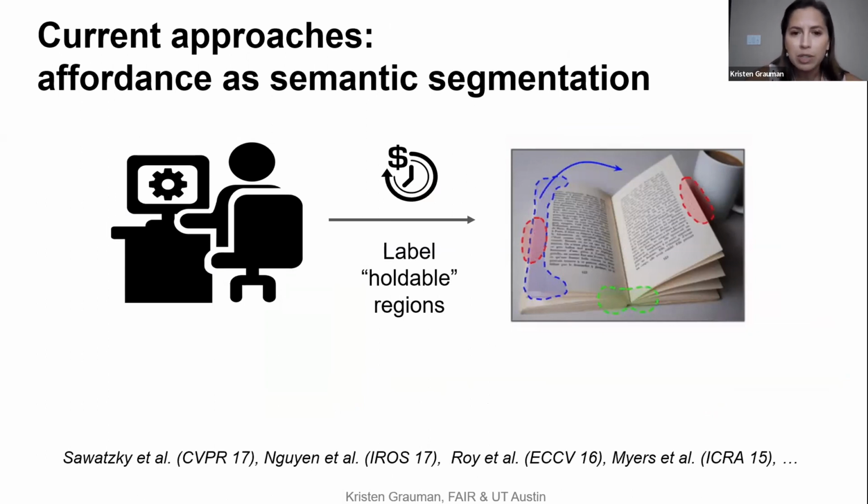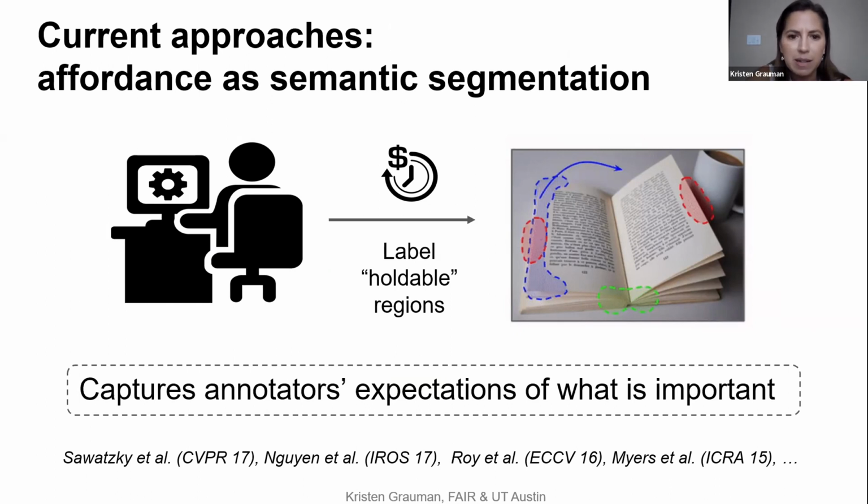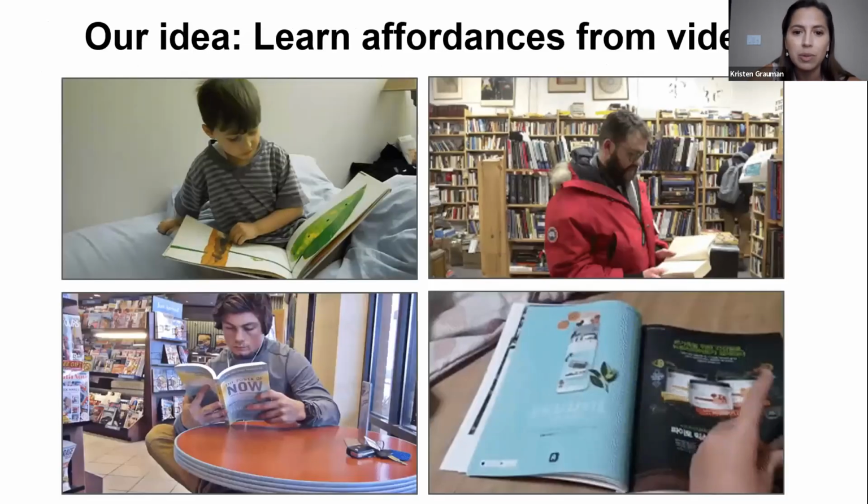Now, if you look at current approaches that take a visual input to try and address this task, the approach has generally been traditional supervised recognition. So you could label images, have people label where you hold a book, where you turn a page, and so on, and then learn to infer these on new examples. It's a little bit expensive for sure, but more importantly, it's got this indirection where what we label on an image may not be as rich or complete as what we actually do with objects.